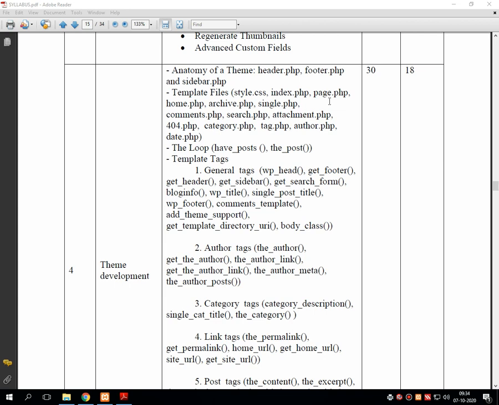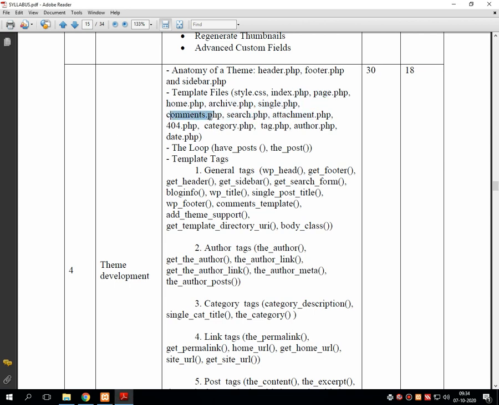These are the anatomy of the theme, that is header.php, footer.php, sidebar.php. Then we'll discuss template files like style.css, index.php, page.php, home.php, archive.php, single.php.